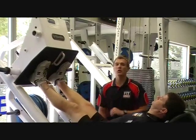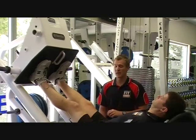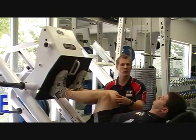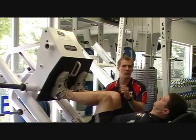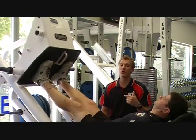Good, relax. Common mistakes that you may see with the leg press is when they come down, knees coming together. So we'll get Matt to demonstrate that. Knees falling toward each other, creating greater stresses on the medial side of the knee and pushing up. Our other issue is when people go too low,